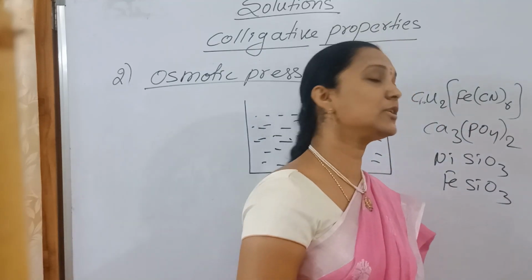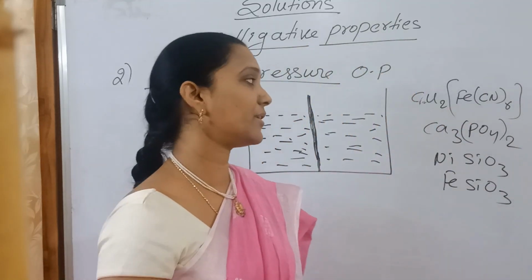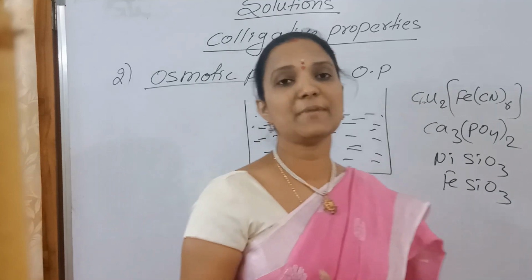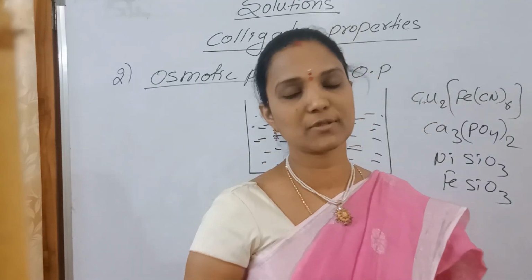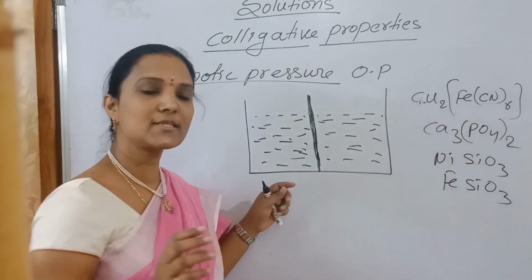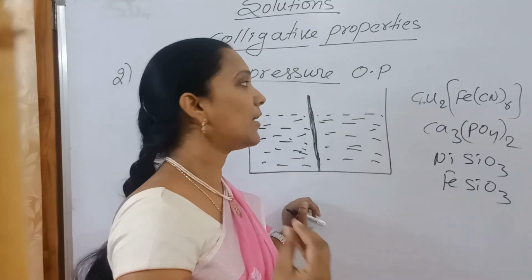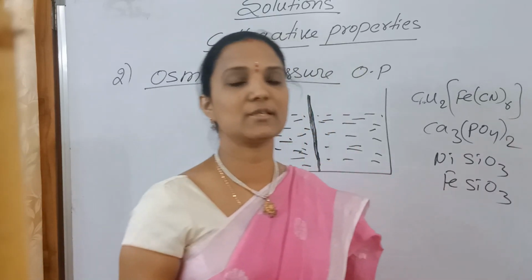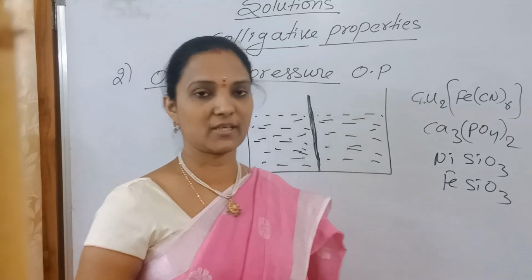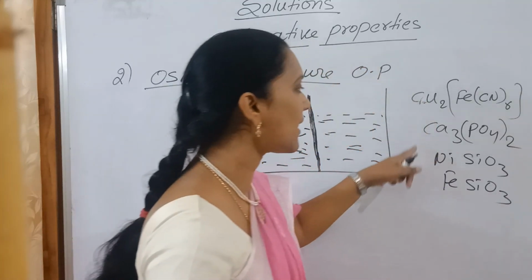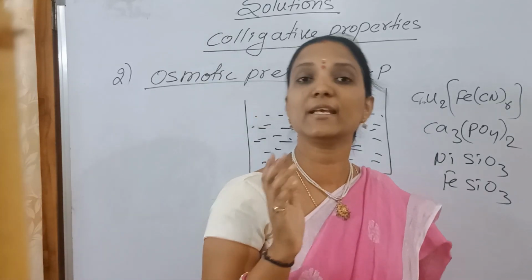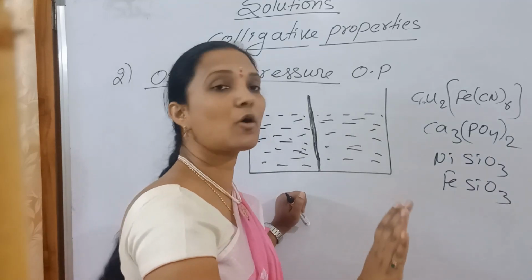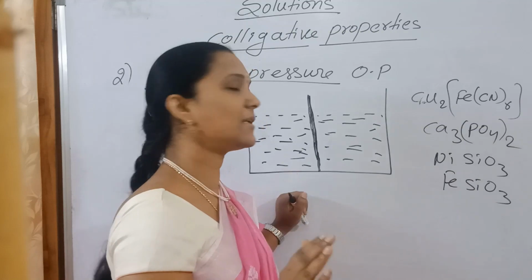This is a very important one: Cu2[Fe(CN)6], copper ferrocyanide, or calcium phosphate, or nickel silicate, iron silicate. These act as semi-permeable membranes. Cellulose acetate can also be used as a semi-permeable membrane. Natural semi-permeable membranes are pig's gallbladder and the cell wall or cell membrane. Otherwise, the egg white layer, cellophane and parchment membrane. These are natural, and the others are artificial. Anyhow, a semi-permeable membrane allows only the solvent to flow through it, but not the solute particles.